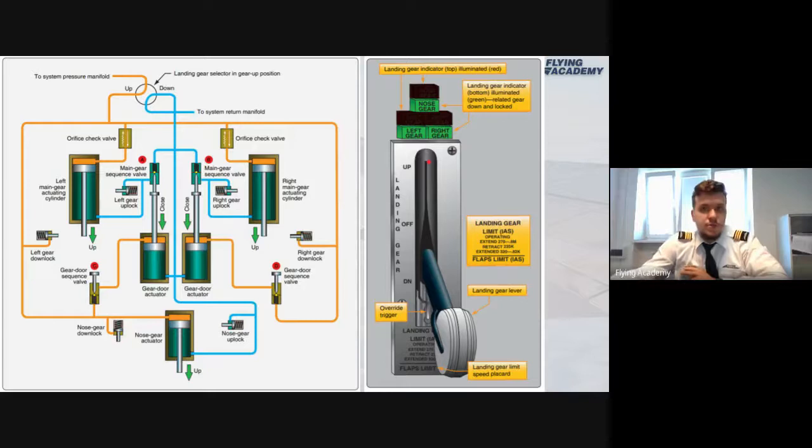My landing gears start to retract, but the problem is that my lever is already in the up position, but landing gears are not in the up position yet. So what will happen in this case? First of all, the green lamps will switch off because they are not in the down position anymore, and the red warning lamp will switch on. Red lamp on the landing gears will represent for us that the landing gear is not in the proper position.